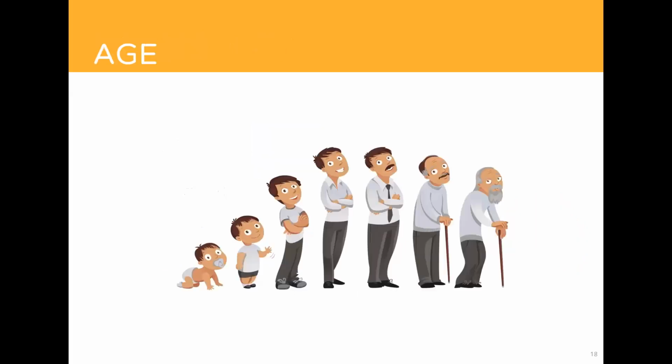So the first factor is age. Candidates can be between 18 and 45 years of age, with the sweet spot being 25 to 32 years. Your points for age are assessed at the time of visa invitation. That's when you get your golden ticket. So it's important to know whether you're going to cross an age bracket and lose points, so that you can take that into account when you're totting up your points.